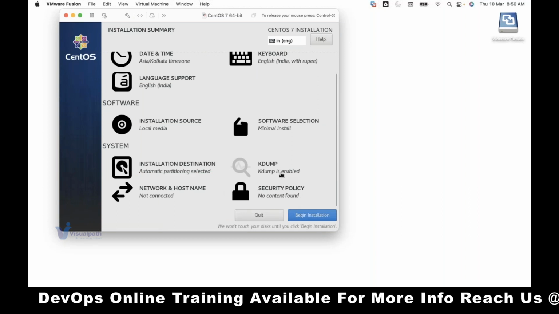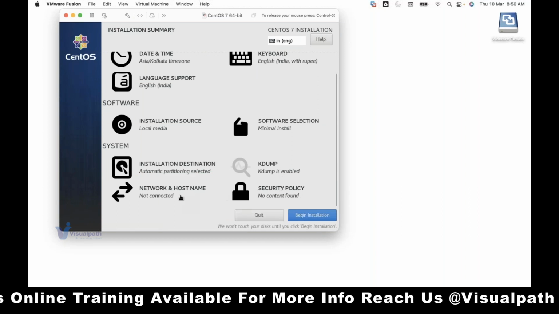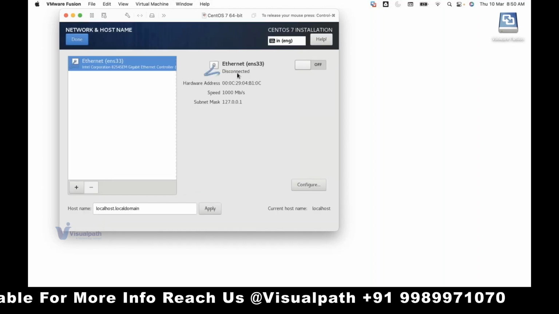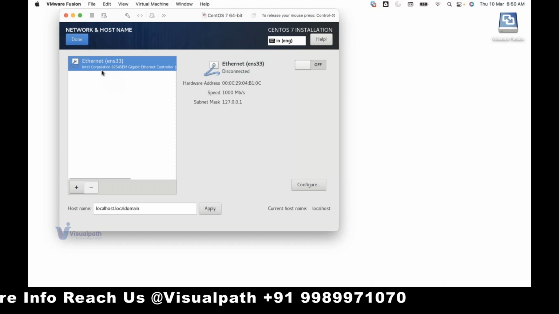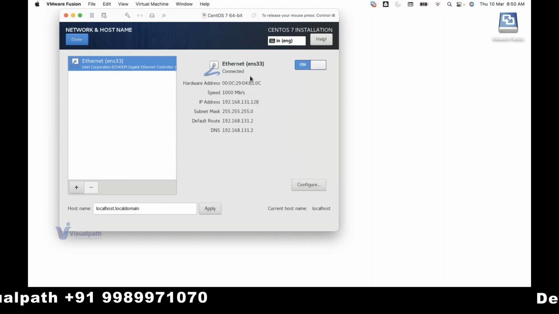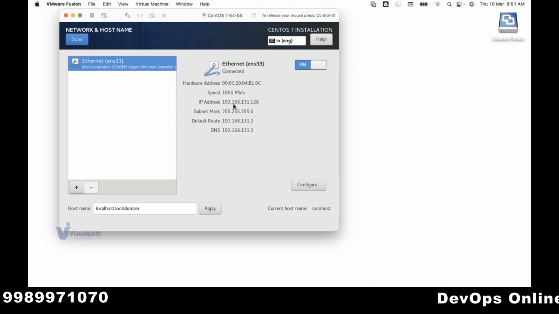Next, you can ignore these two, kdump and the security policy. Go with the network and host name. Your network is not connected. Now it's connected. You will be getting an IP address of